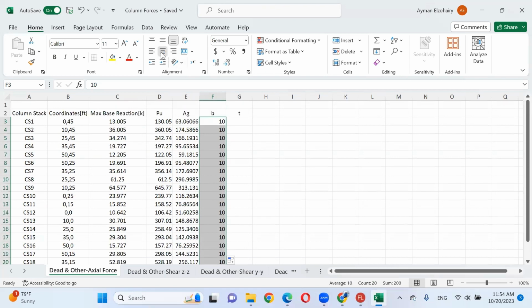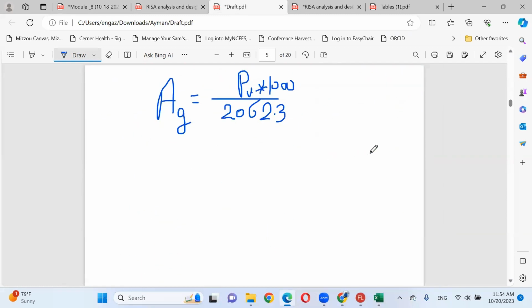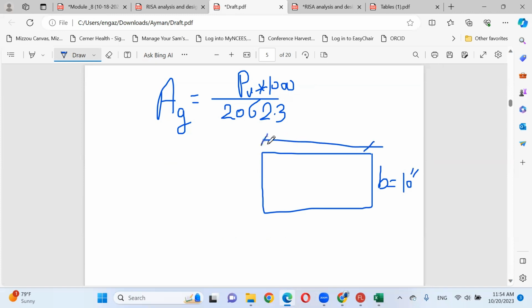If your cross section is rectangular and you assumed the value of B as 10 inch, I can find the second value, which is T, by dividing area gross by B. That makes sense?